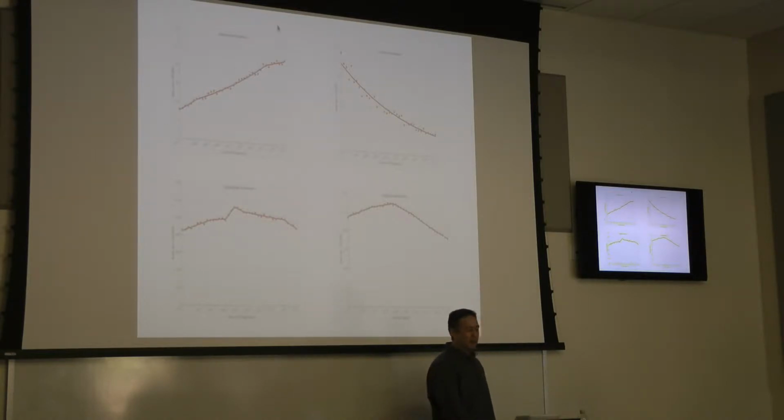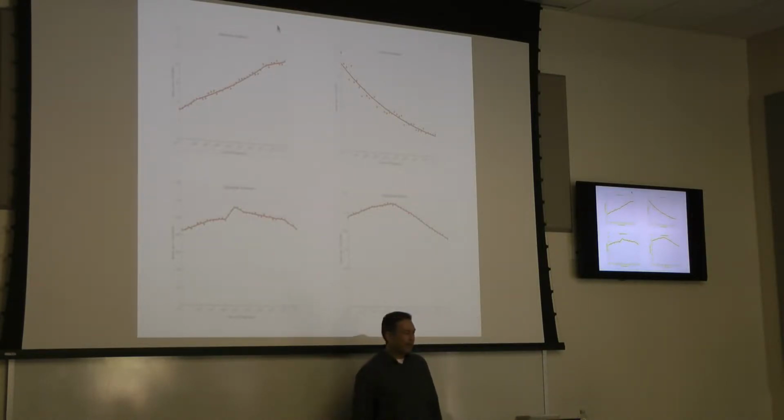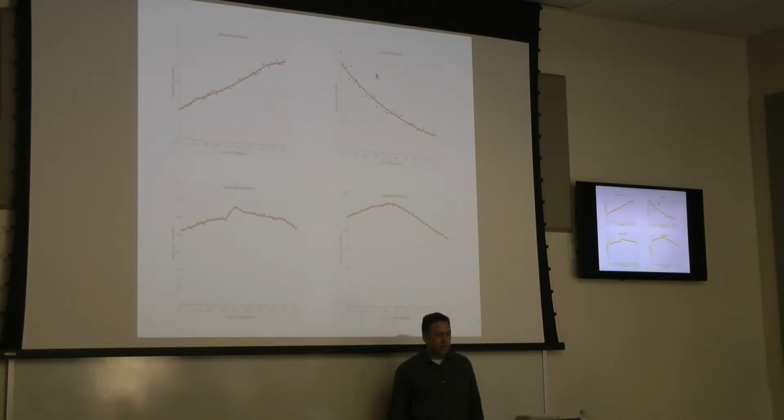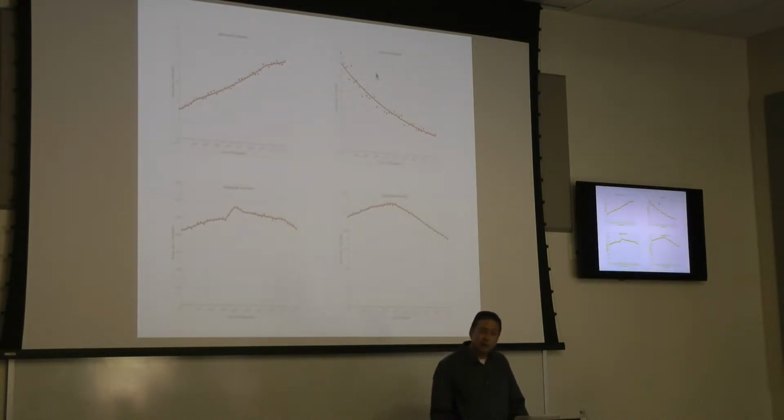For example, incidence of melanoma, the number of people getting it, this is American data since '75, has gone up. So more people are getting it. So, tans are nice, but take it easy. On the other hand, incidence of cervical cancer has gone down in the same period, largely because of improvements in pap smears and related technologies, so detection. Testicular cancer is an interesting one. Incidence has gone up for reasons that are not understood, but mortality has gone down, and in fact, it's essentially thought of as a cured cancer at this point. Chemotherapy is very effective. Even if it metastasizes, your chances are pretty good with testicular cancer.